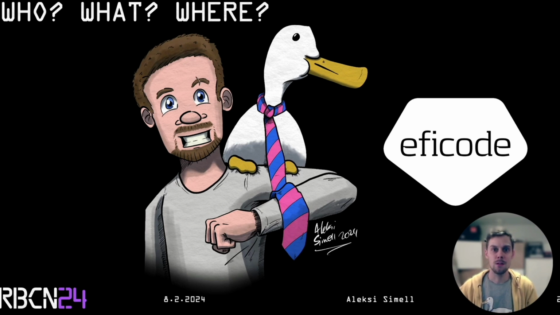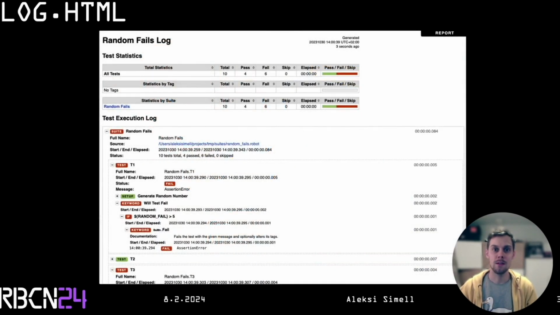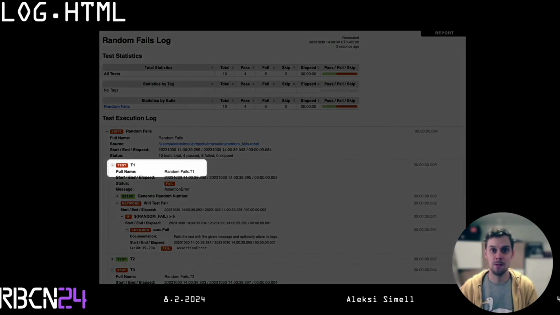Because all test automation tools and frameworks have one feature in common. They all create a report at the end of the execution to tell you how that execution went. Regardless of what tools and what frameworks you're using and what you're testing, you always get this report. This report contains the basic information, the test case names and their results, but usually they contain a bit more elaborate information, as is the case with Robot Framework.